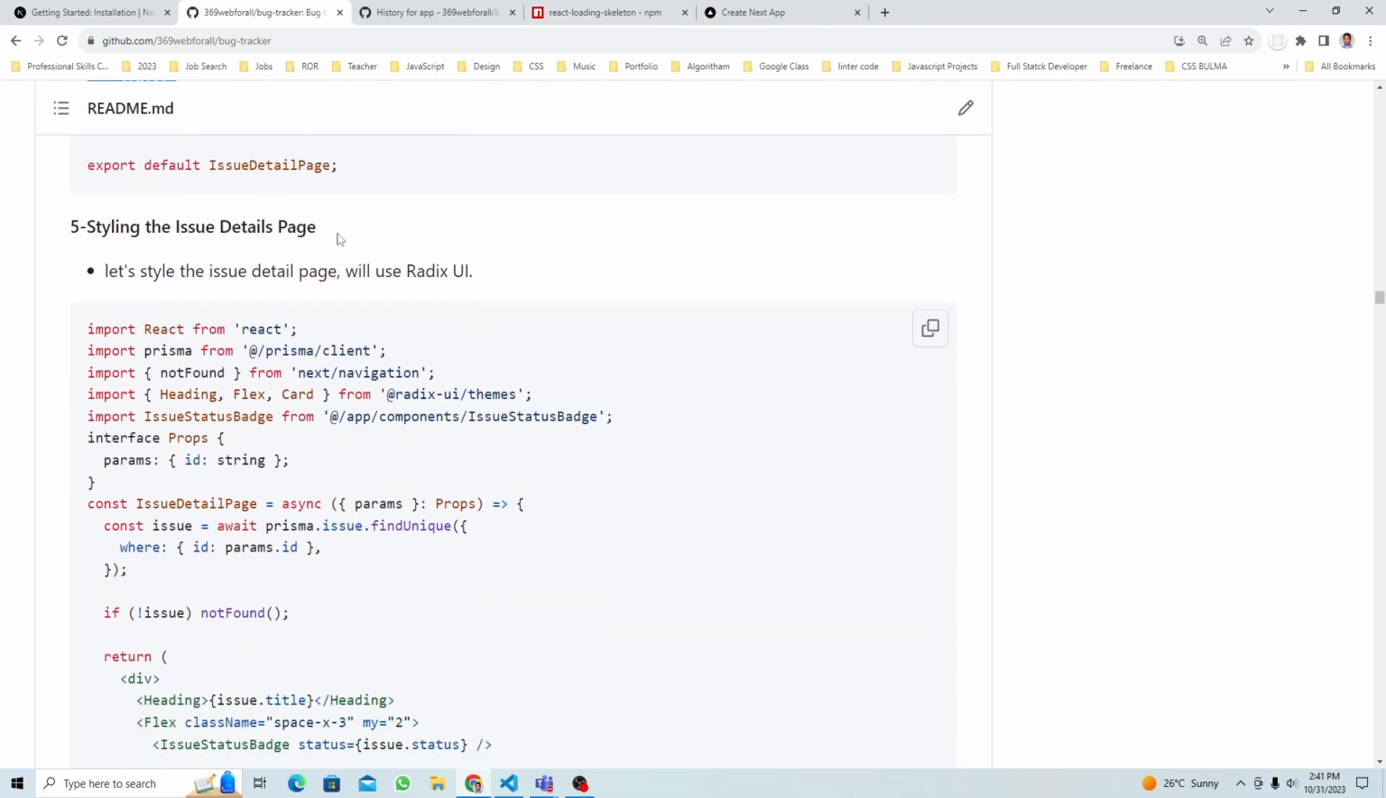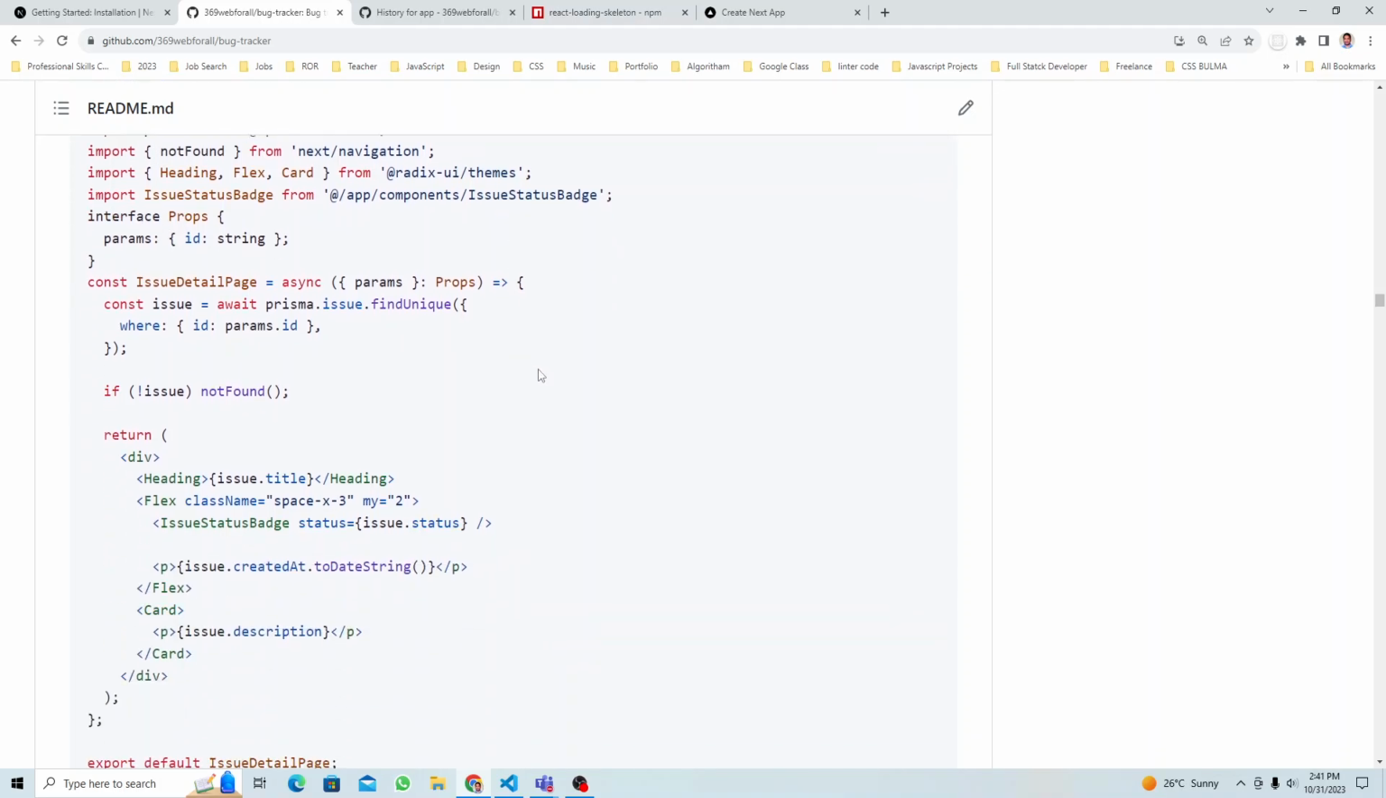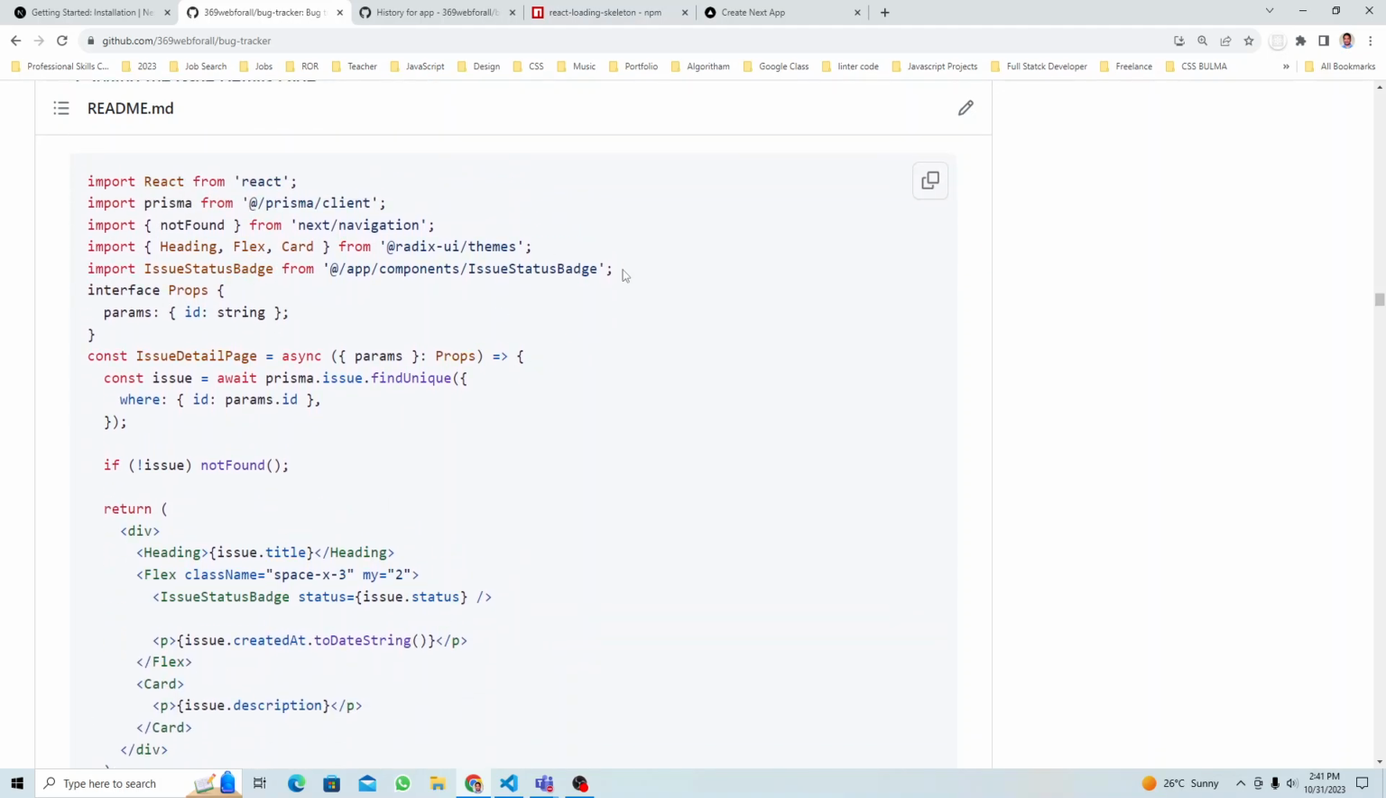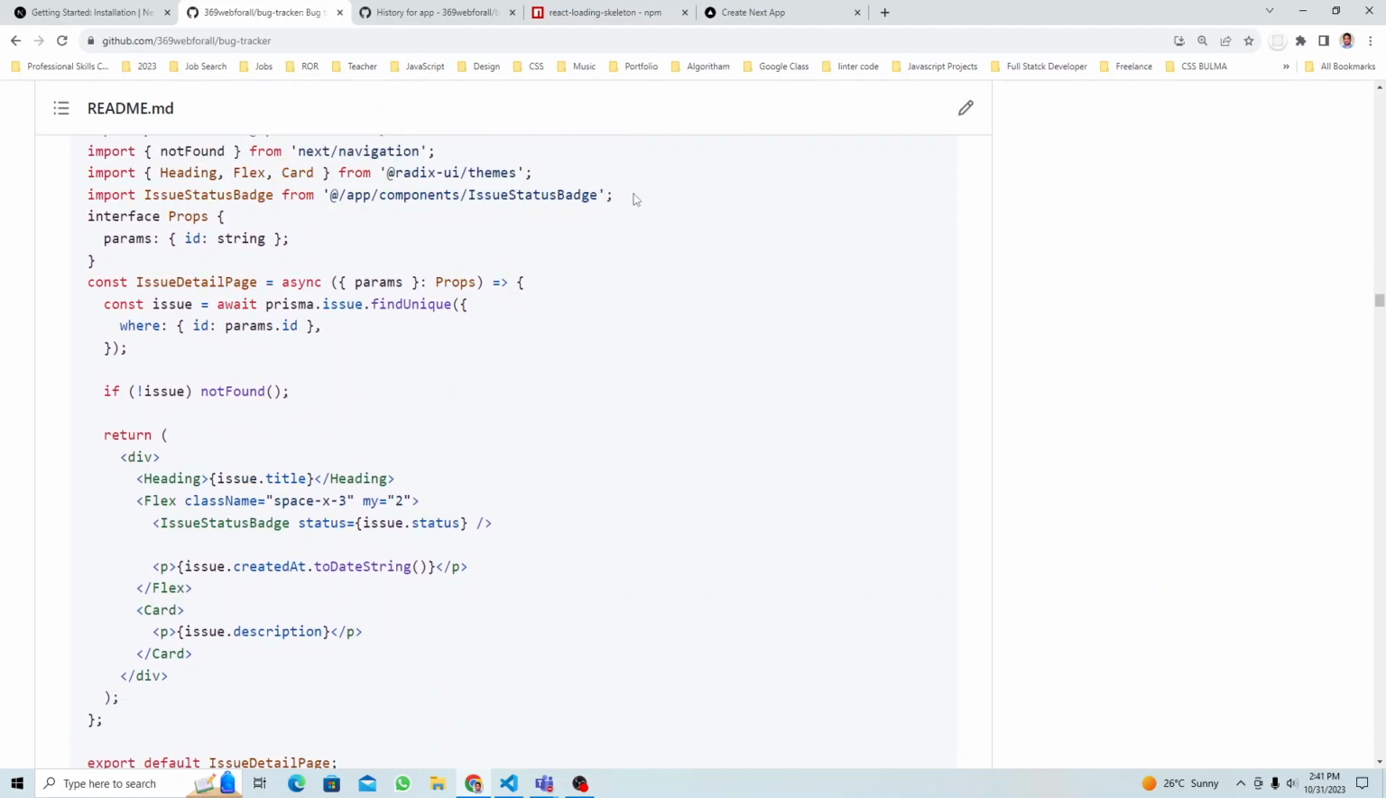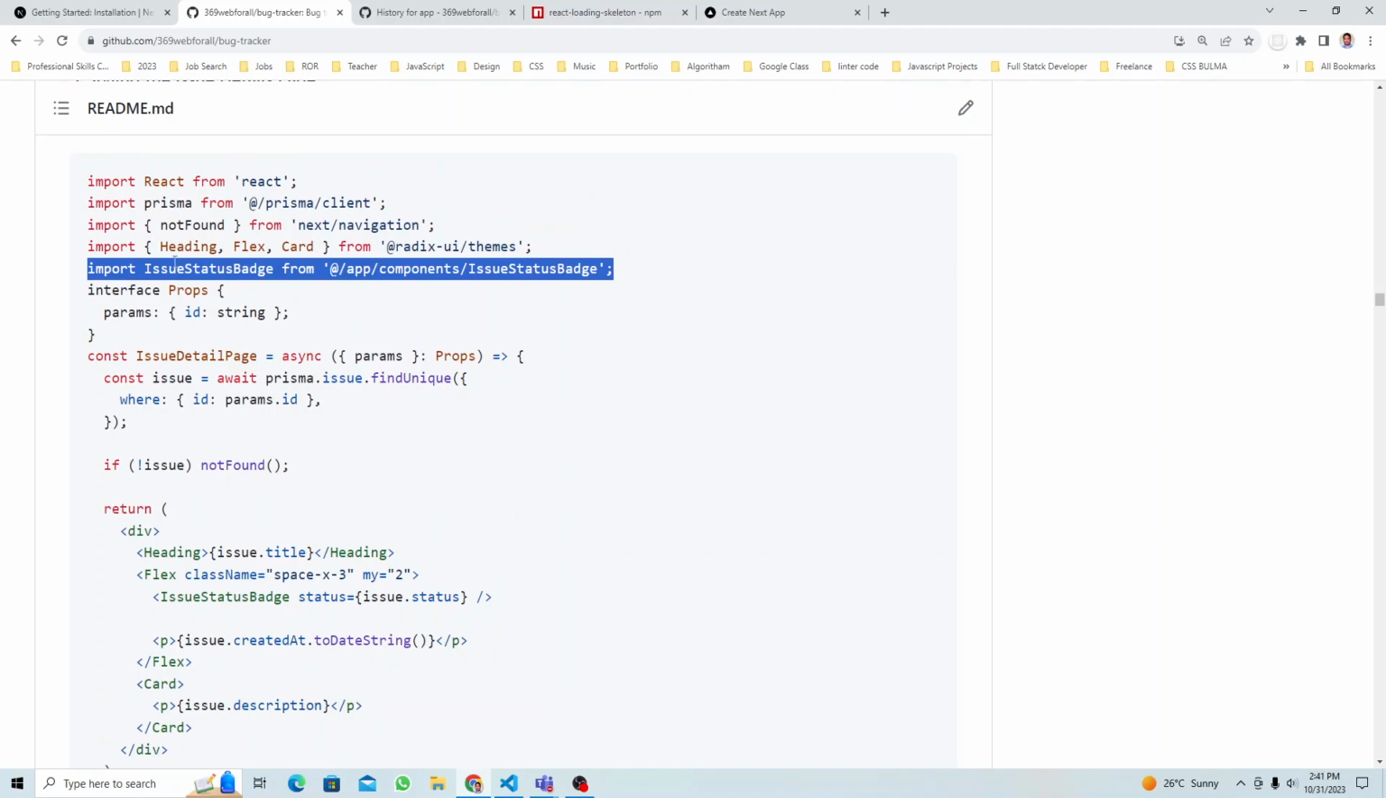Okay, so the styling issue detail page. Styling issue detail page. So let's style the issue detail page using Radix UI. So what we're going to do now, if you look at here, we are displaying badge also. Okay, so we have the badge. We already have the component badge. We're going to use that one. Very simple. We're going to display the heading with the Heading component from Radix UI. We're going to use Flex and Card from Radix UI also. Yeah, so these are the few things we're going to do. So let me copy this